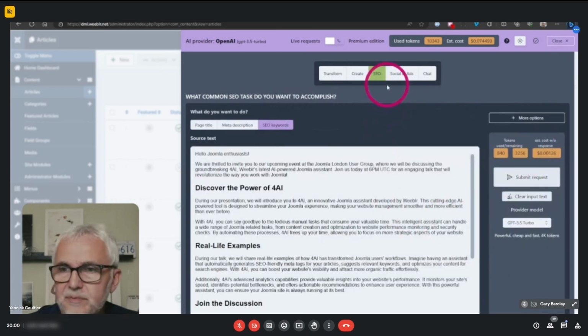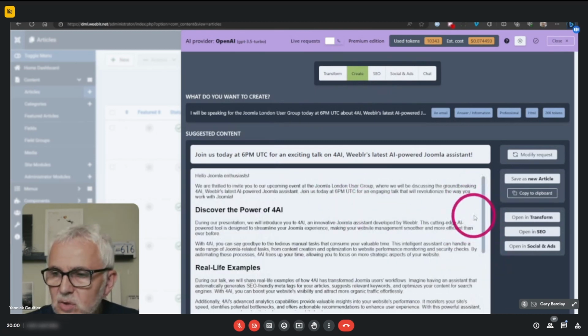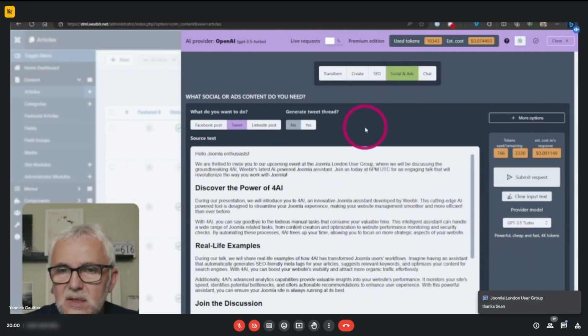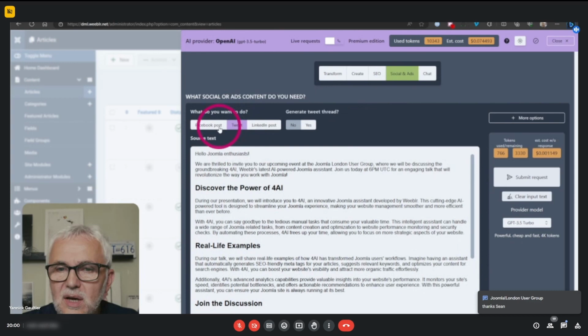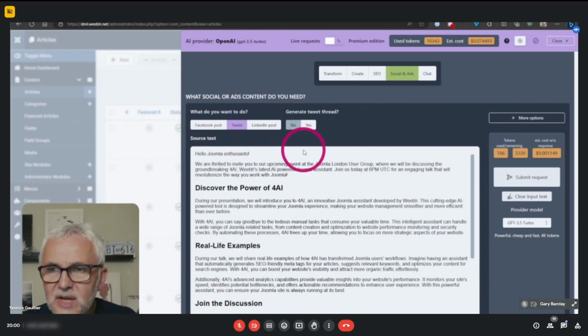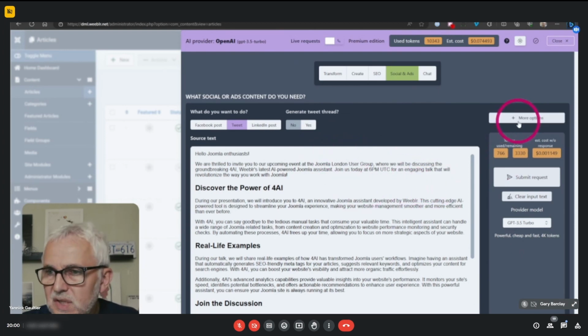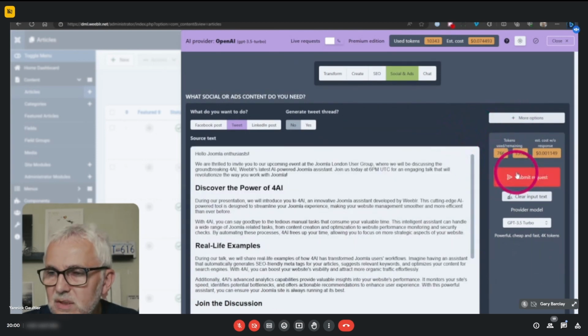Now, obviously, the other thing you do when you have written, for example, an article or some piece of content, is that you want to share it. So you can open this content in the social and ads area, and you can ask the AI to write tweets. Yeah, I know I'm supposed to change that to X, but it's not done yet, and I think most of you will agree that we are still more familiar with tweets, so it's still a tweet. And so basically, again, there are several options that you can use to customize a little bit what it's doing, but I won't get into that now.